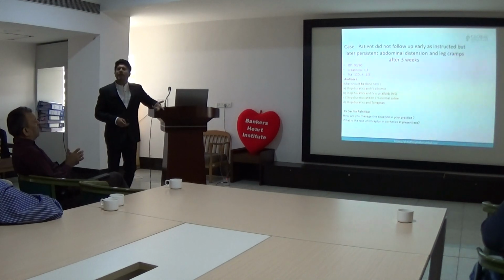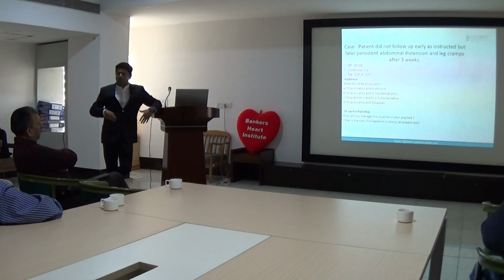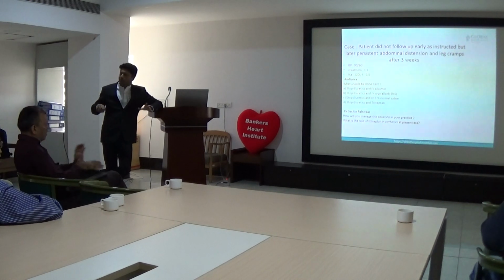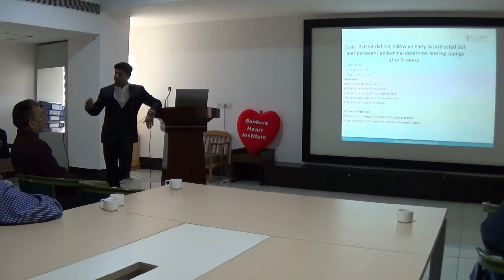So the patient has had a diuretic overdose. Probably he did not monitor and there have been side effects. So he is completely dry from the periphery. Abdominal distension may not have responded. BP is on the lower side, so it is a mixed picture where intravascular fluid is low. Yes, you are saying it is persistent abdominal distension. So the patient has dried from the periphery, but his abdominal fluid or ascites may not have mobilized. He is dehydrated, the diuretics have overworked causing him side effects, but they have not worked for his ascites. So there are chances that he might be going into refractory ascites.